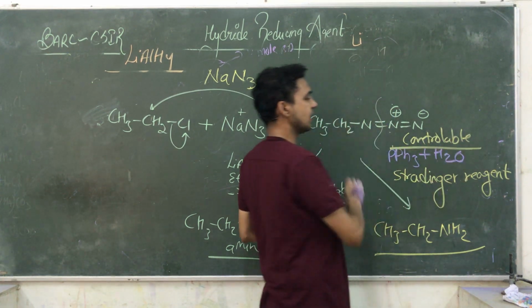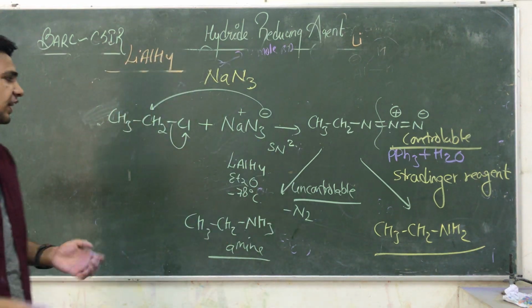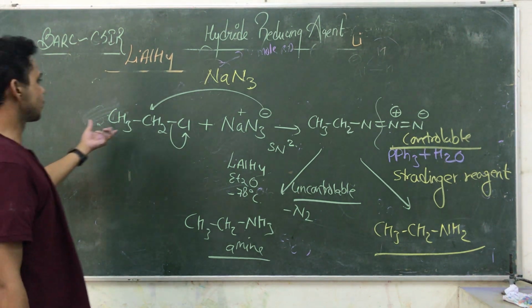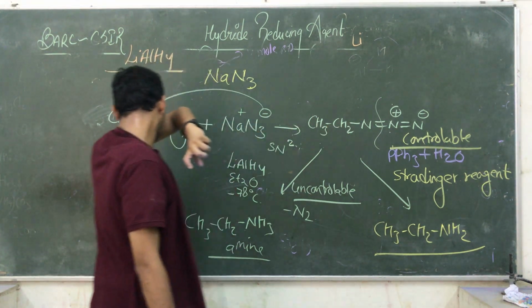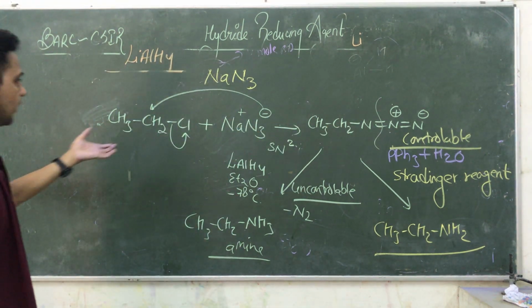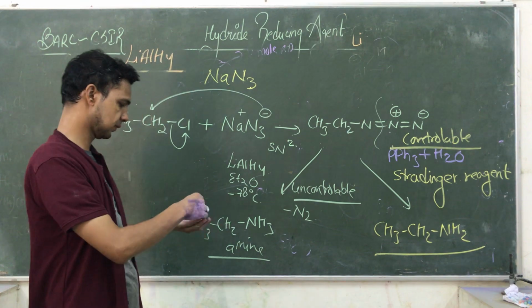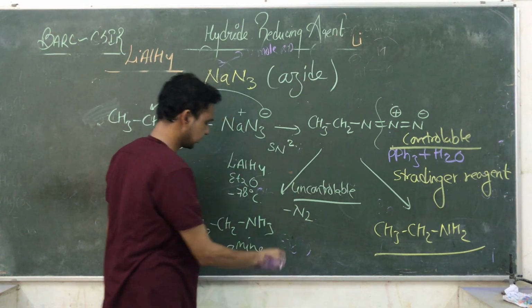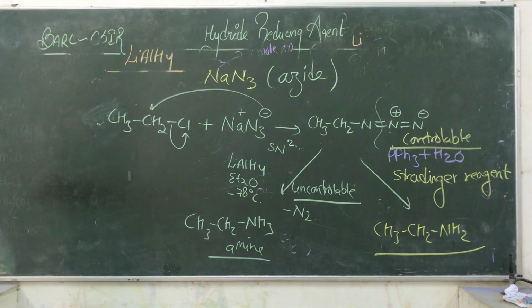So see, reduction तो हो जाएगा, but reaction controllable है या नहीं? How do we know? It depends upon that feature, known as the Staudinger reaction. So with the help of these reagents, we are capable of converting azide groups into amine groups. So that is another use of these reactions. It is helpful to convert azide groups into amine groups.